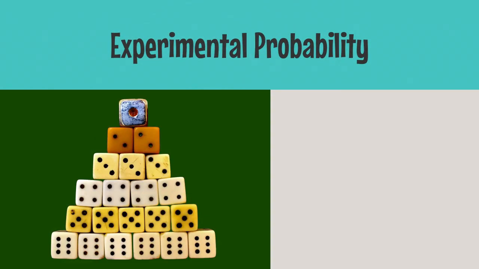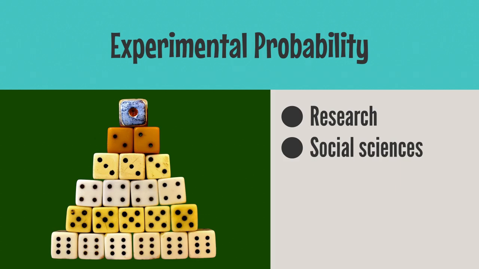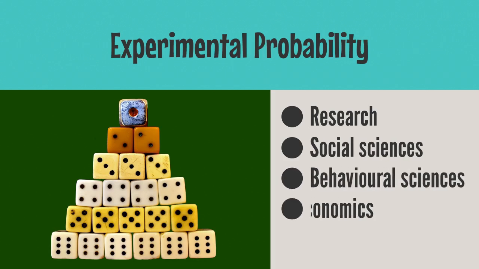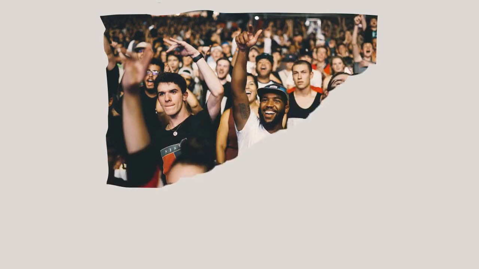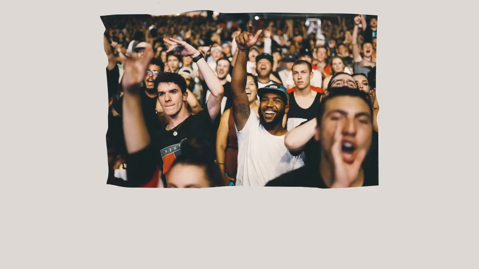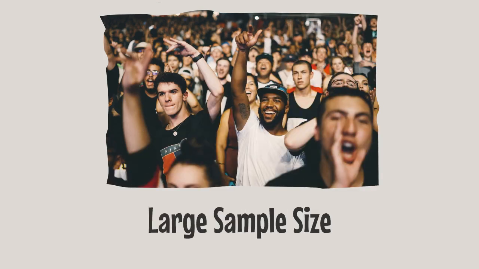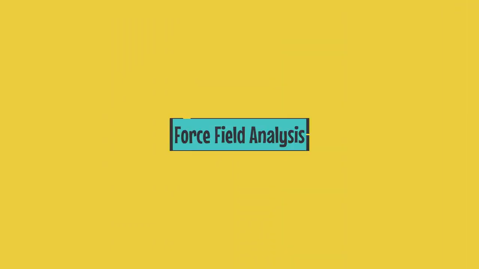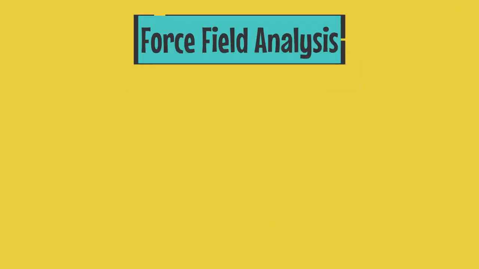Experimental probability is frequently used in research and experiments of social sciences, behavioral sciences, economics, and medicine. It should be noted that in order for experimental probability to be meaningful in research, the sample size must be sufficiently large. Force field analysis is a method used to get a whole view of all the forces for or